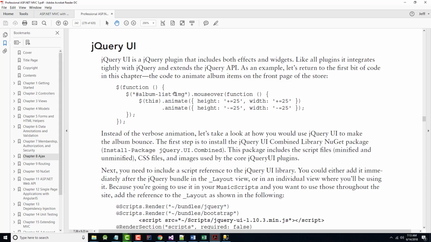They talk about autocomplete using the jQuery UI here, beginning on page 242. Again, it's a jQuery plugin that affects effects and widgets. It integrates tightly with jQuery and extends the jQuery API. All right, this was the